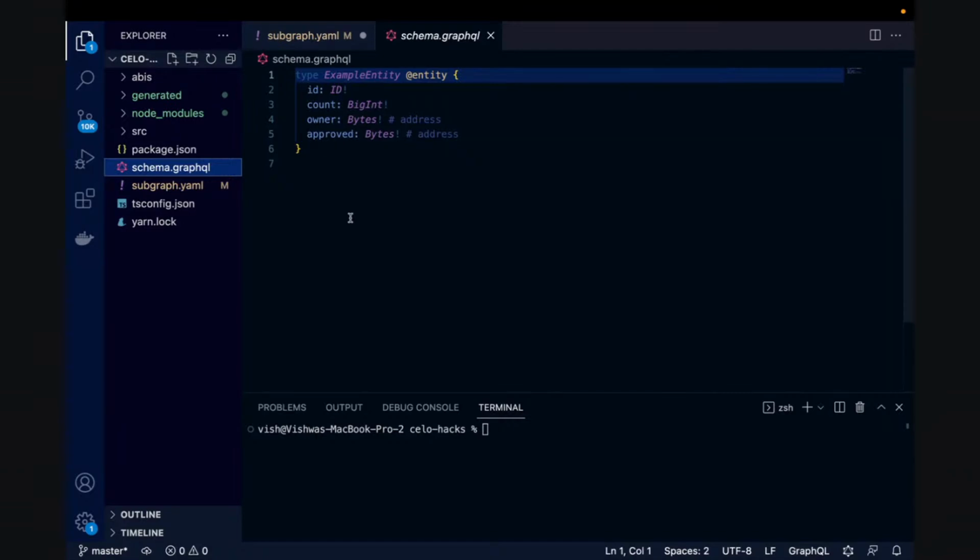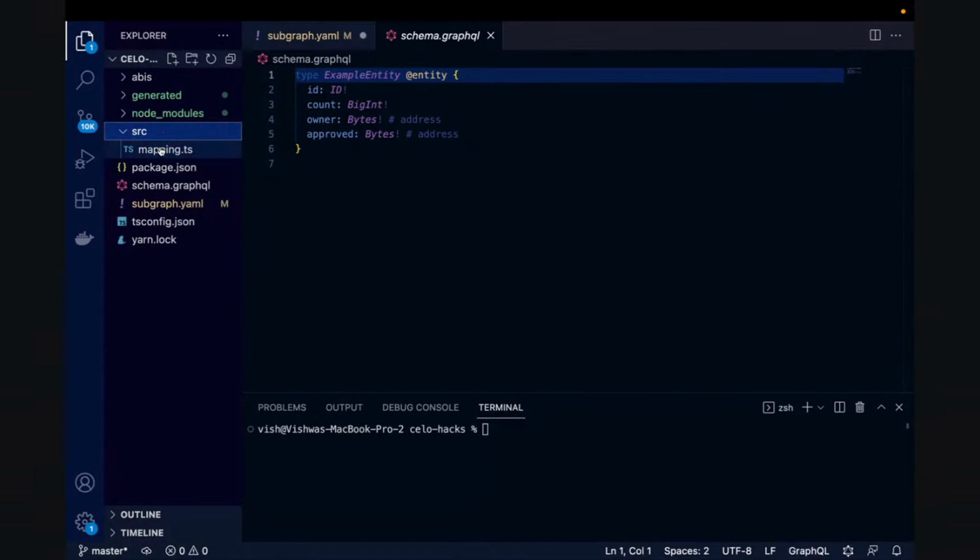Now, the reason why we use this @entity directive is it will help us define some top level fields for each of the data, and then define the data type for each of those top level fields, so that we can then query it using our GraphQL API. And we will define our schema just in a few minutes. But lastly,